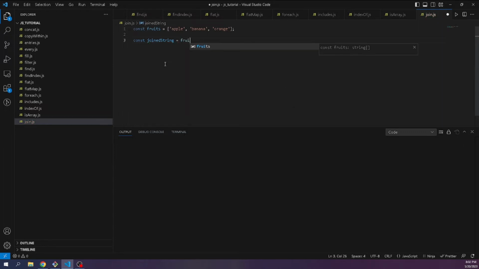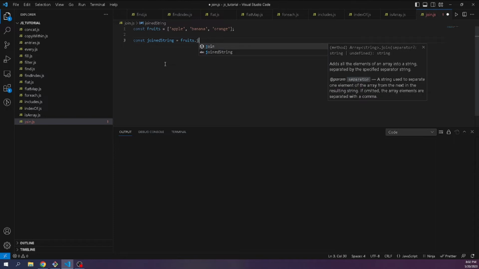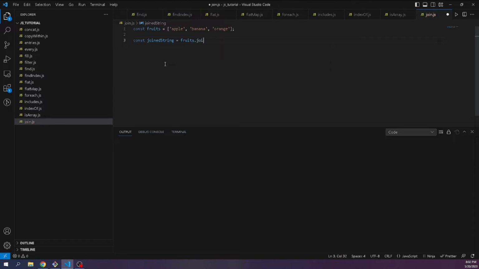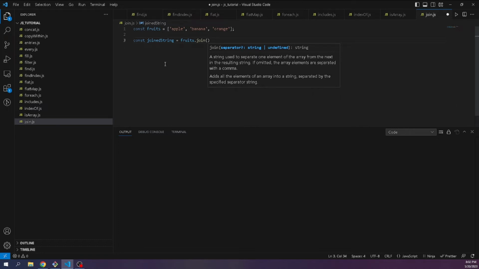So let's use fruits, and then inside of our fruits we use join. Like I said, if we do not provide a parameter inside of our join, the default value is a comma. But let's try to use a comma for our